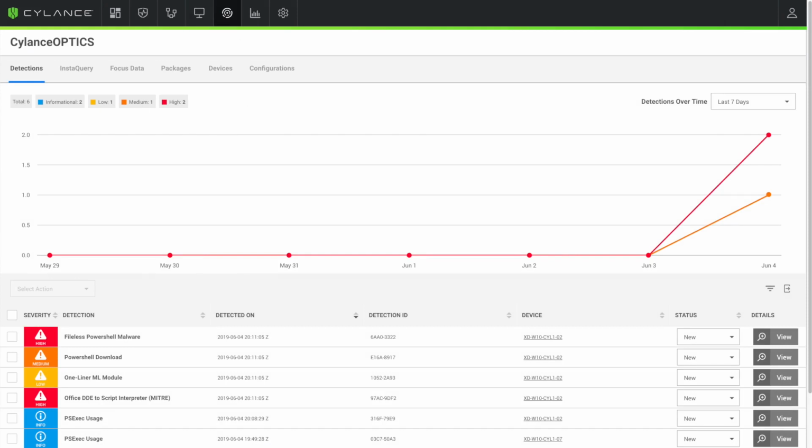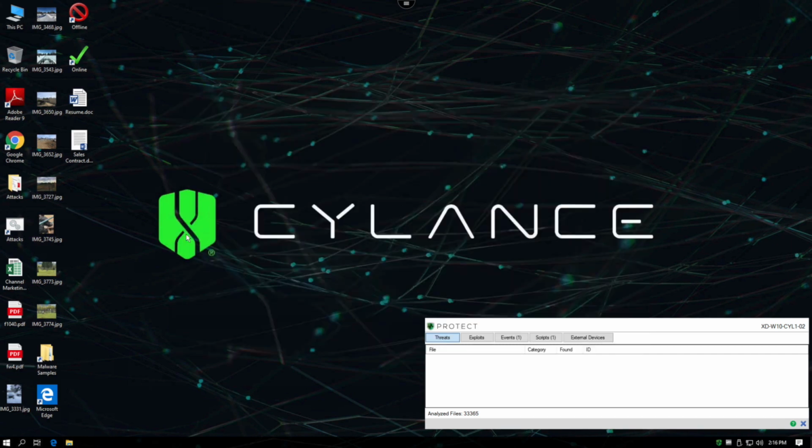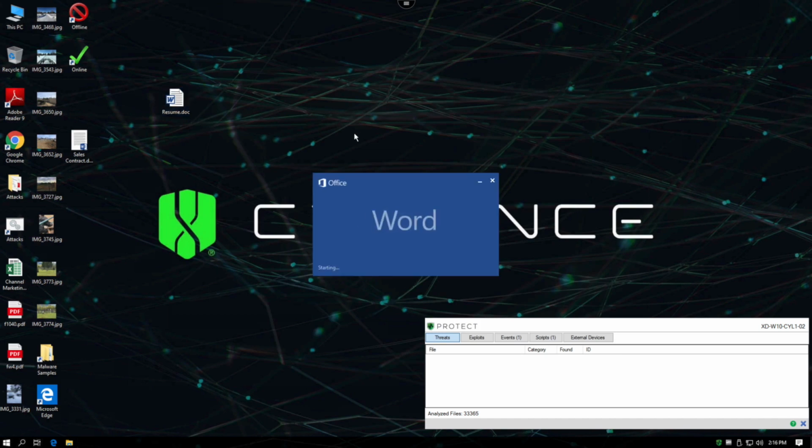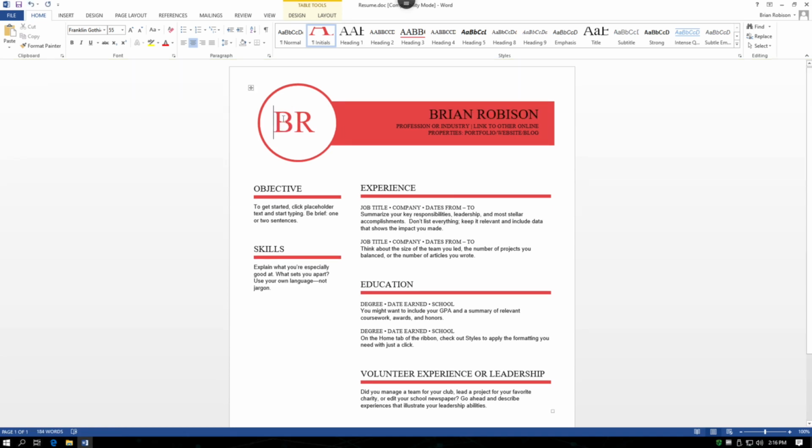So let's switch back to our endpoint system, and then let's try the same thing with our resume. We've got our resume here on the desktop, and this is the quote original one that we started off with: the enable macros yellow warning, just like we always would get. If we hit enable content, we properly get our fields updated just like we would expect with this valid macro. Now let's go grab the